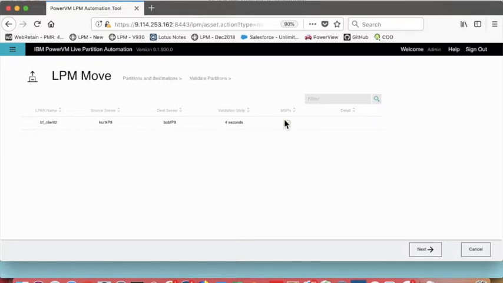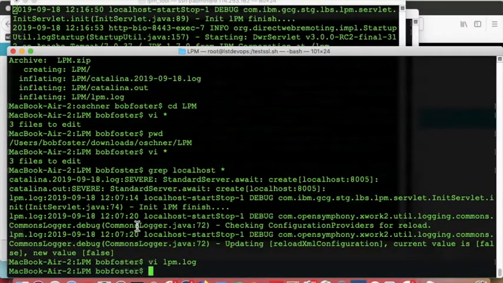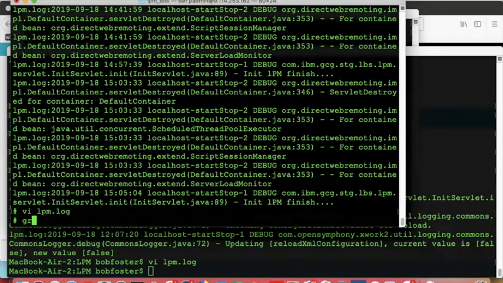and the destination server have MSPs configured. If only one of them had an MSP configured, this would be an exclamation mark showing you that you don't have default MSPs configured on both your source and destination. So now, if I go look at what the output of the tool is, if I grep migr